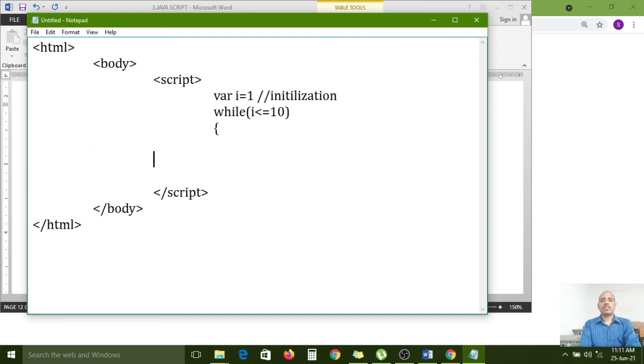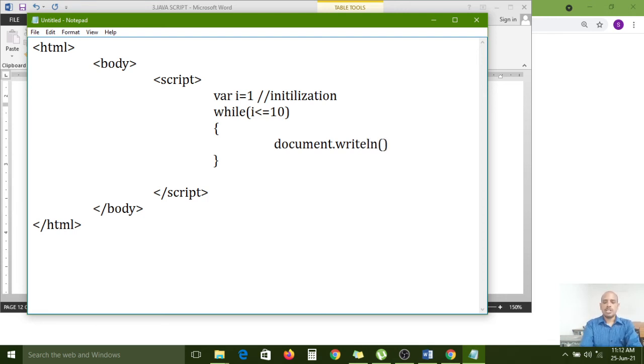Now the opening and closing block. For that, opening bracket and closing bracket, I have used document.writeln, which means it will print line by line.